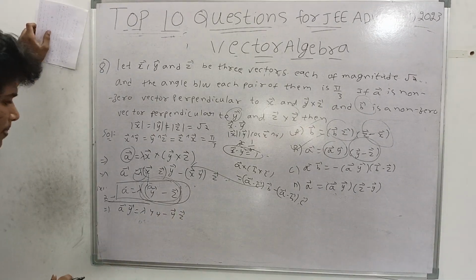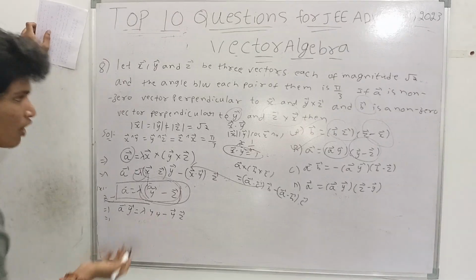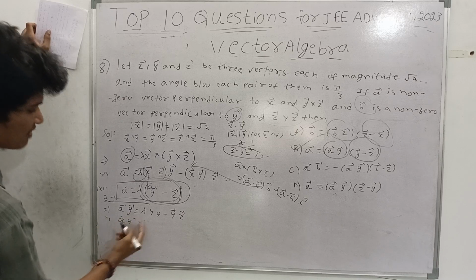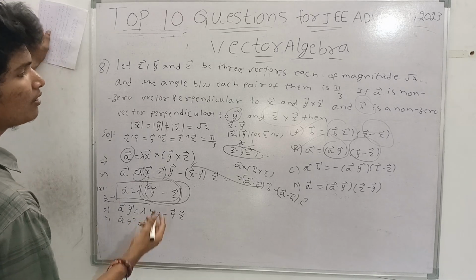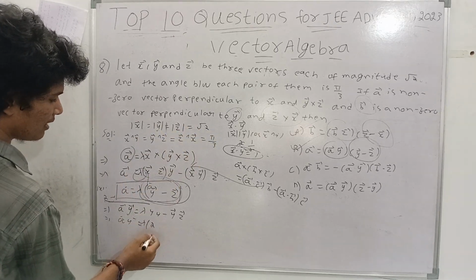Y dot Z. So again now, what is A dot Y? This Y dot Y is simply lambda times, what is Y dot Y? Mod Y square. Mod Y square it is 2, and here